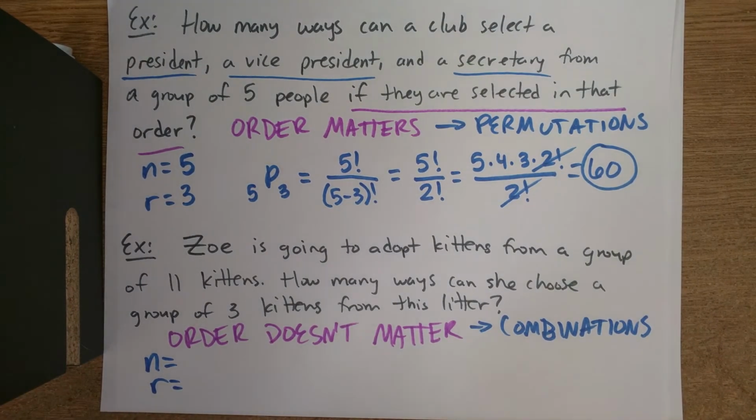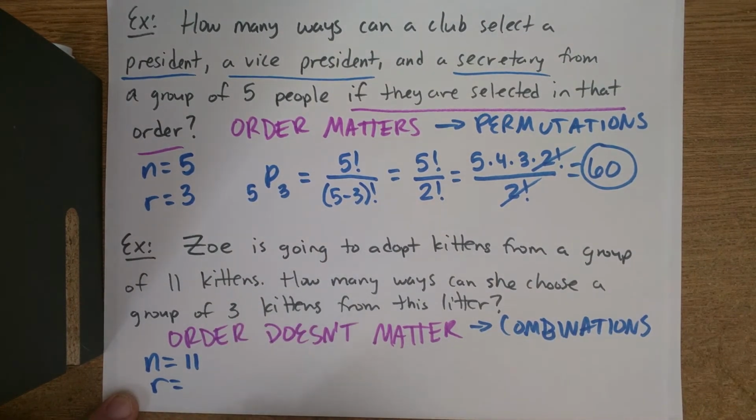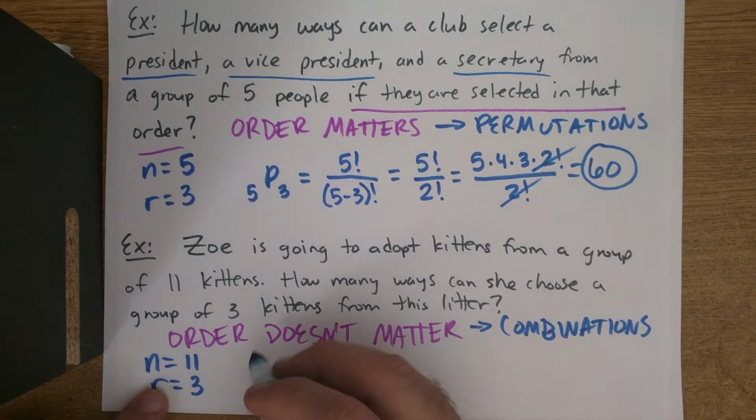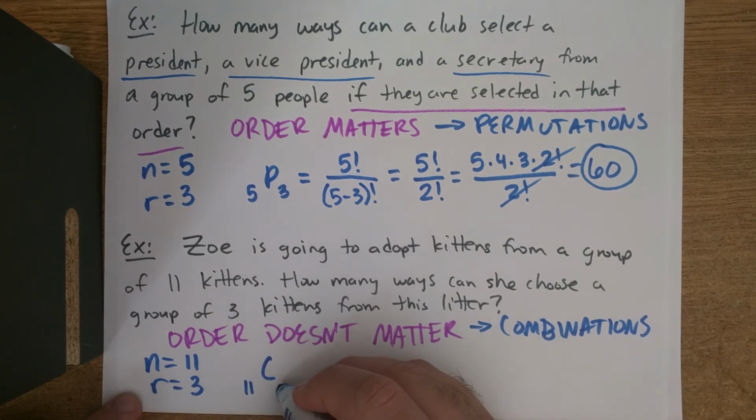Let's go ahead and identify N and R. So N is the total number that we're choosing from. Well, we're choosing from 11 kittens. R is how many you're choosing, and you're choosing 3. So we have our N and R values. We're using combinations, so we're going to do 11C3